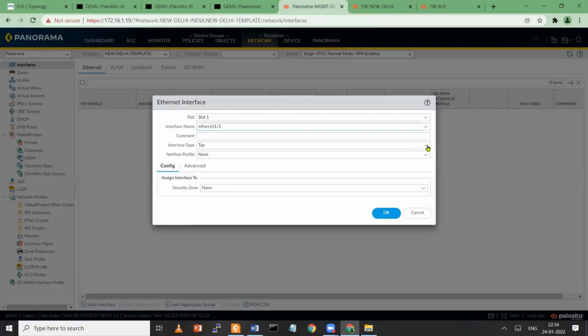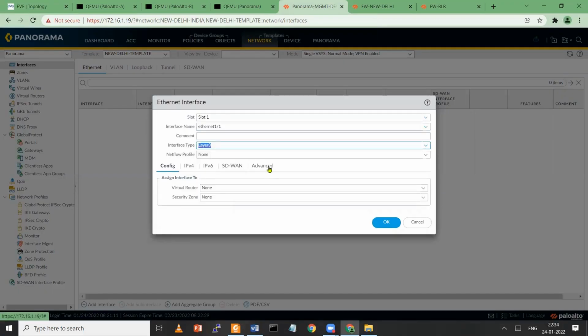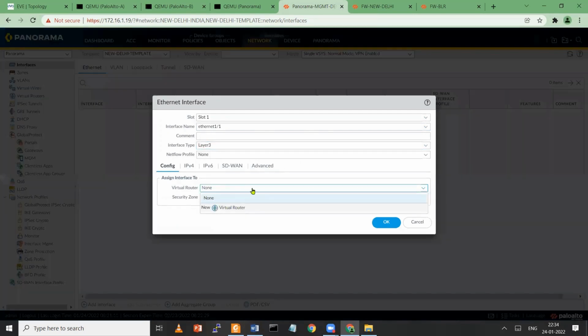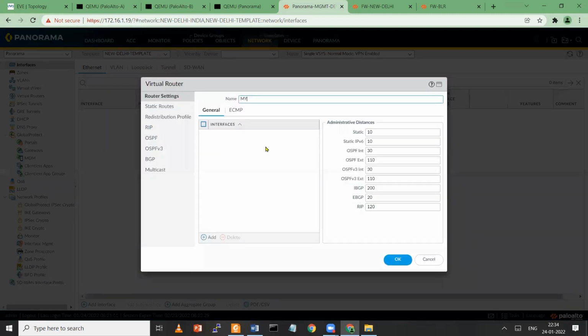Select it and select layer 3, and it's your virtual router part. So we just have to create a routing table, my New Delhi route table. Say okay.